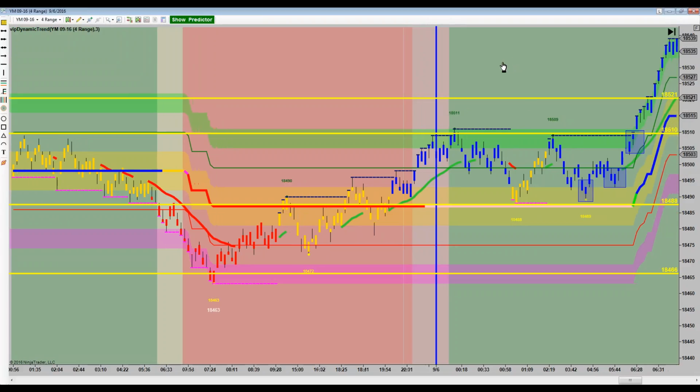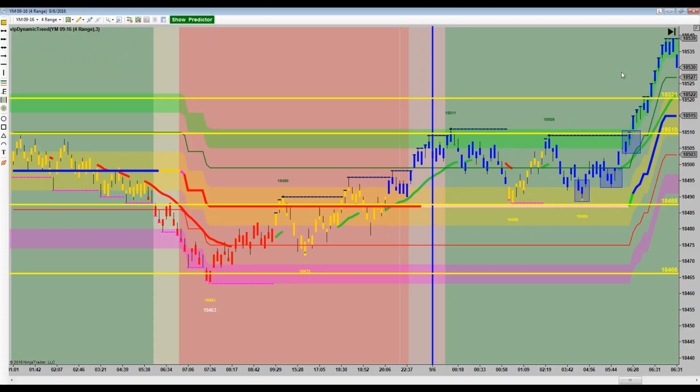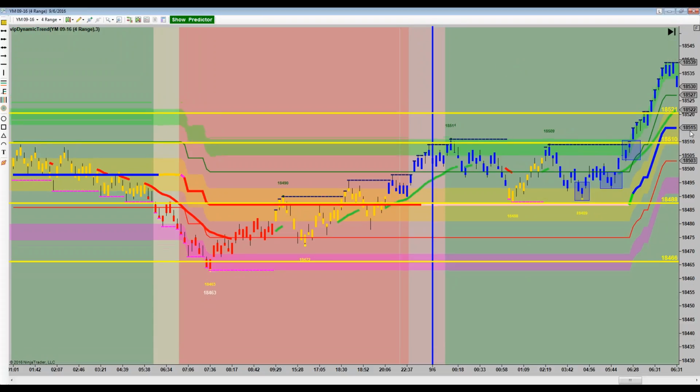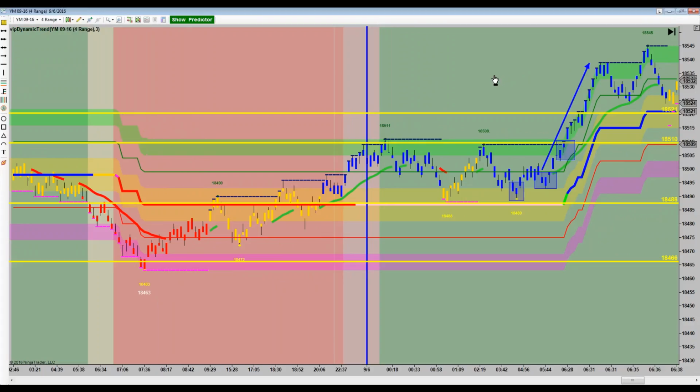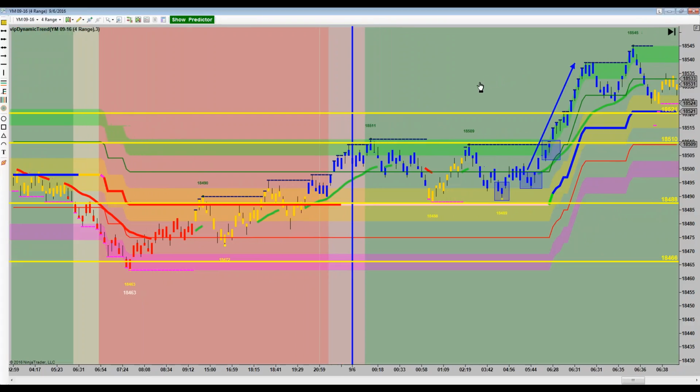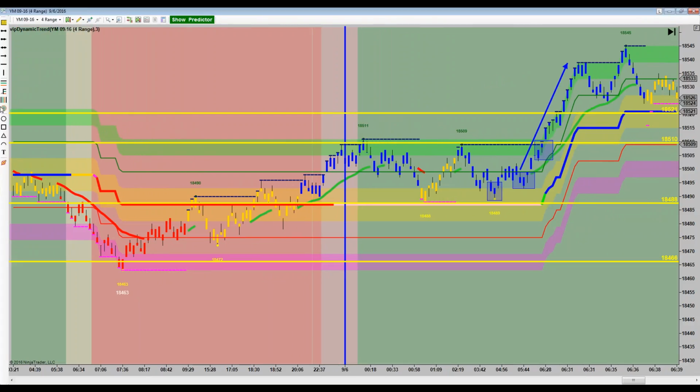So when this happens, whatever you do, and I've said this untold hundreds of times over the years, you've got to be patient and wait for some kind of pullback. Because if you buy the thrust up here, anybody buy the peak? Look what happens. It goes in, takes it out, pulls all the way back and starts chopping around the mid-band. So if you're getting sucked into trades way up here at the top,